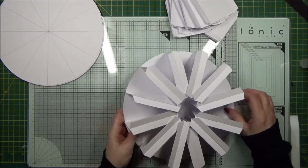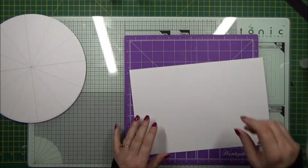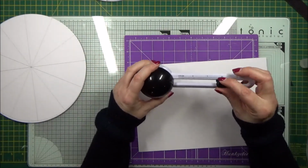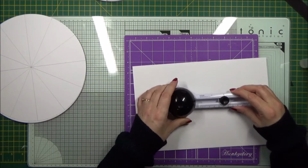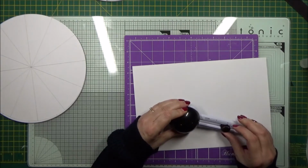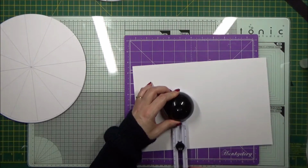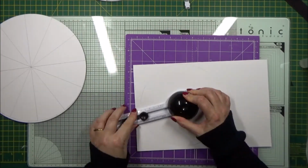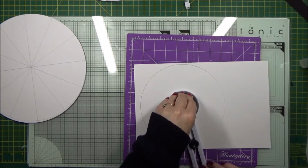So before we do the next layer, we just need to cut out another circle, and you want to grab your circle cutter again, and we're going to make a smaller circle. Doesn't matter what size. I'm just going to bring mine down to 8, but if it doesn't fit on this scrap then I shall make it smaller. So it doesn't, so I'm going to make it a bit smaller. There we go, that should now fit on there. And I forgot to add earlier, you could do this with a compass if you wanted, but I don't own one of those either, so